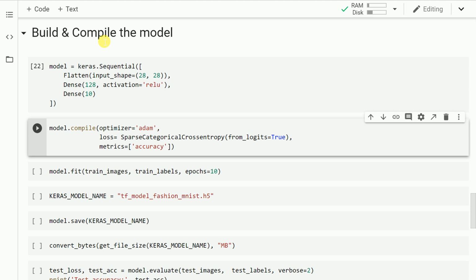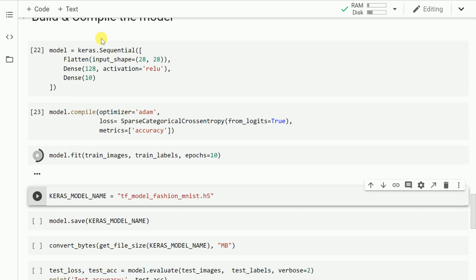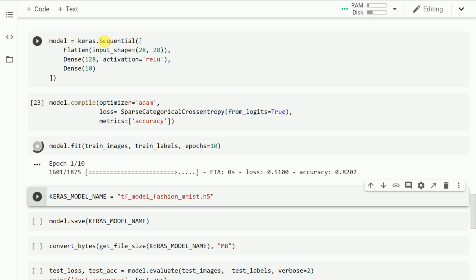Now that our model structure is up and running, the next thing that I do is I define the optimizer, which in our case is the Adam optimizer. I define the loss function, which is sparse categorical cross entropy loss. And I also define the metric that I want to compile my model for, which in our case is accuracy. So let me run the cell. Given all the background work is now complete, I'll now fit in my training images along with training labels to generate the weight values for the corresponding model. So let me run this cell. I'll run this activity for 10 epochs.